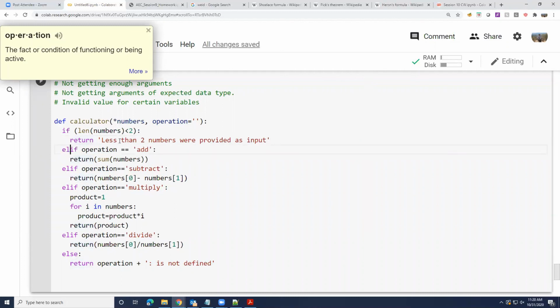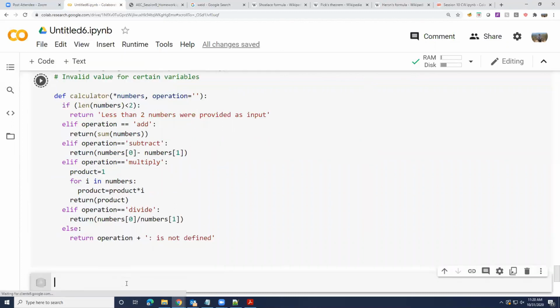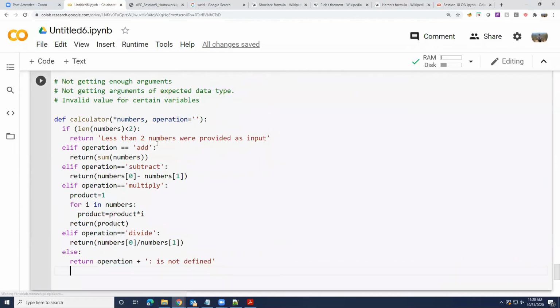Again, I'll make this also an elif. So we are extending the function little by little, right? So we now covered this piece and this piece. We have written ifs to handle these errors. How about this one, not getting arguments of expected data type? How would you handle that?